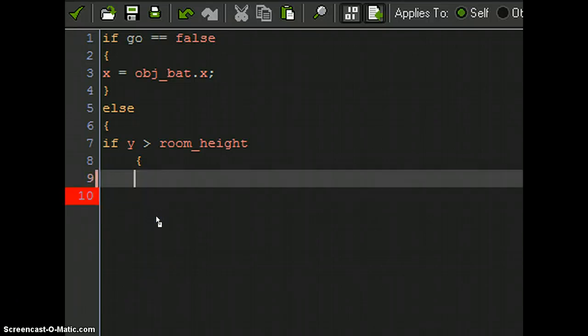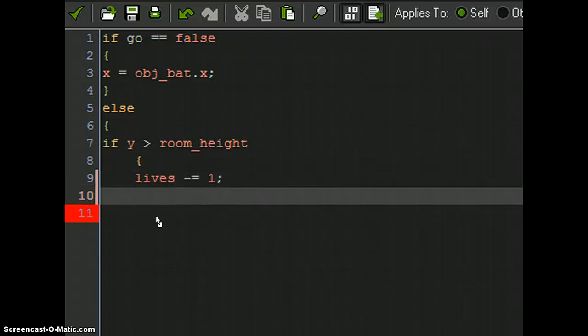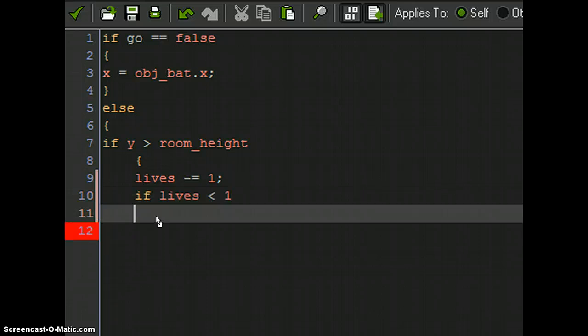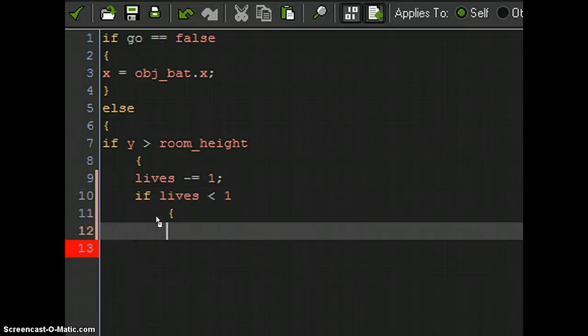So I'm just going to delete those last three and type in lives -= 1; enter, if lives < 1, enter, tab begin curly bracket, enter